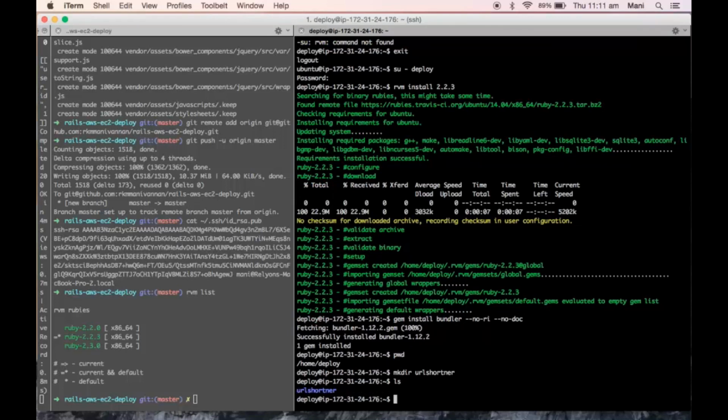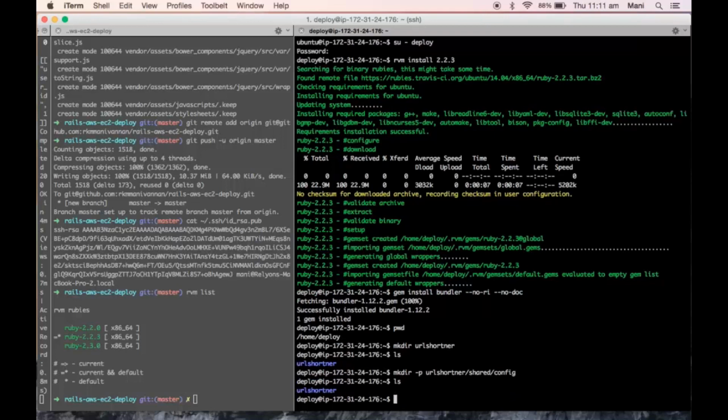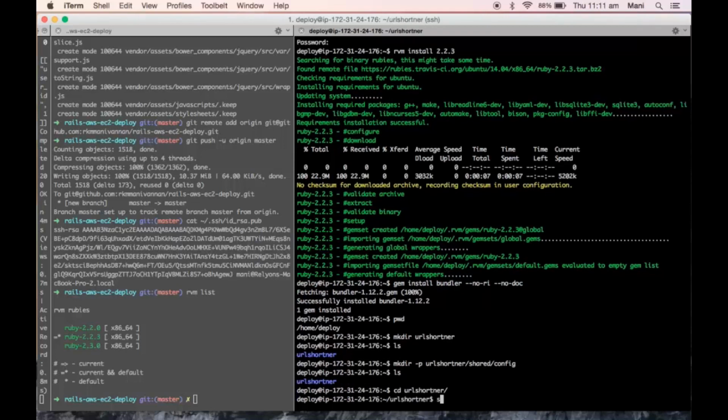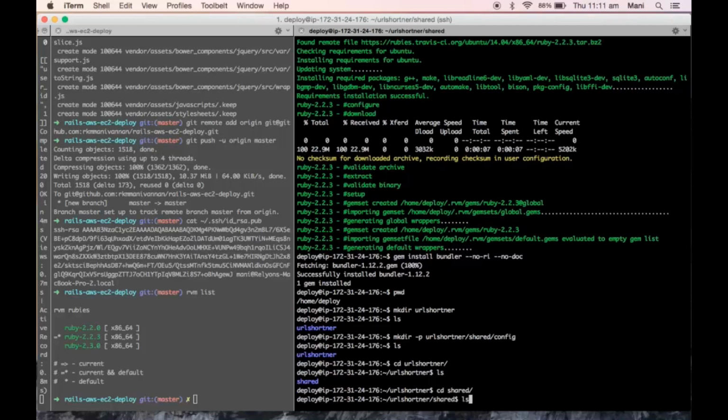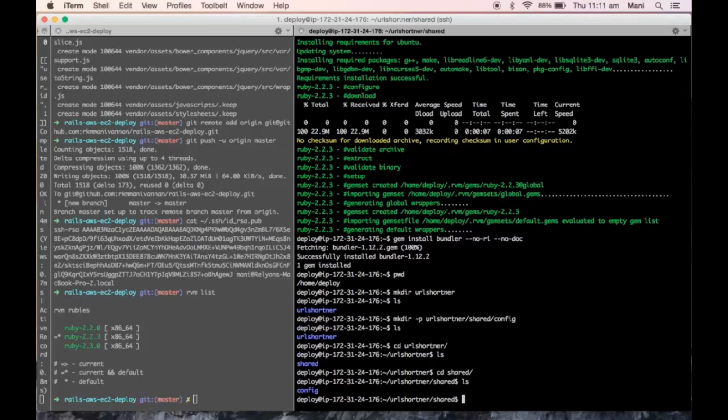Now we need to create two folders, shared and config. So here shared is my folder, and inside I have another folder called config.